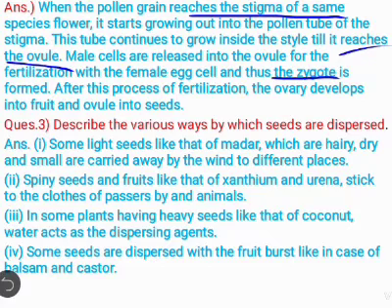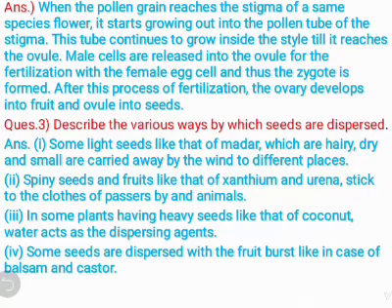After this process of fertilization, the ovary develops into the fruit and the ovule gets converted into seeds. Is it clear? You can take a screenshot of this question and answer. Now come to the third question, which is: describe the various ways